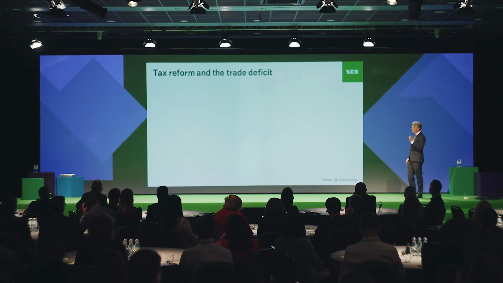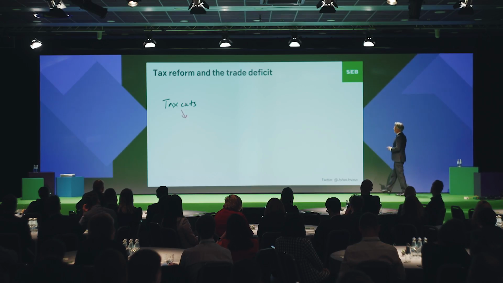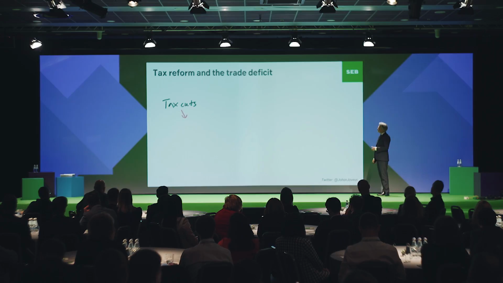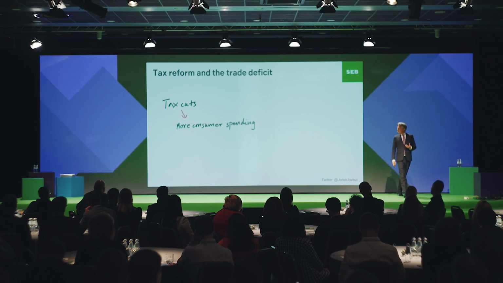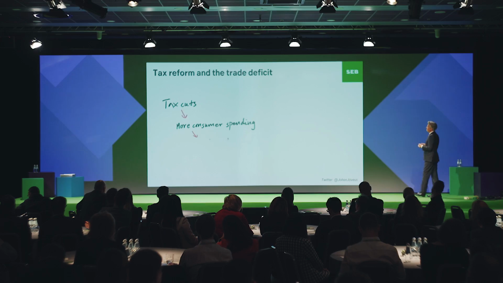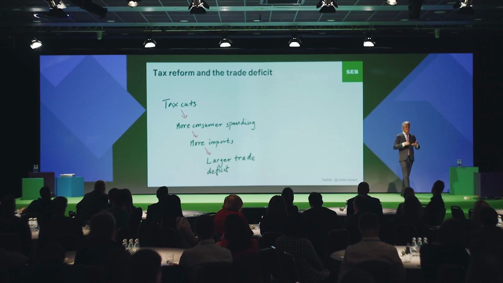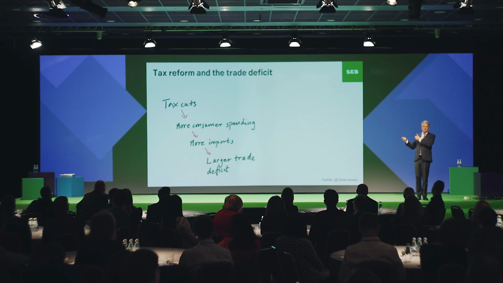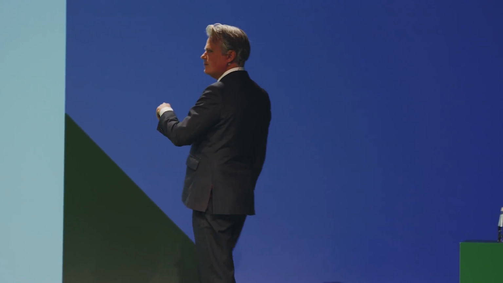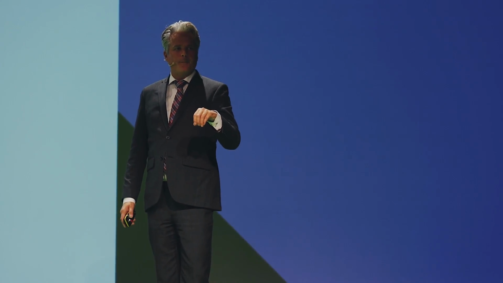Well, first problem is that the tax reform has some side effects. If you cut taxes for people, well, then they tend to get more money left, which they can spend. And what do they spend those tax returns on? Imports, exactly. And more imports means that the deficit will rise as a result of this tax cut reform. Are there any other ways that you can fix a trade deficit?